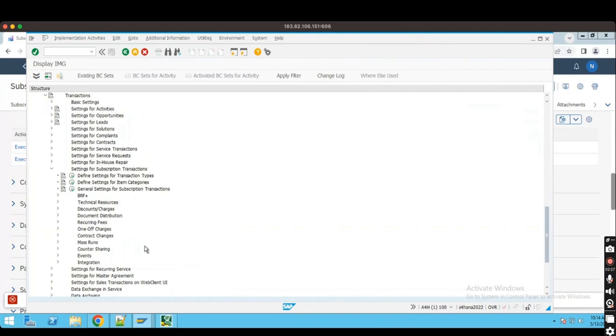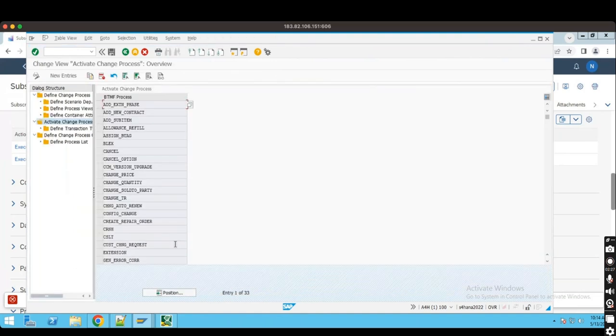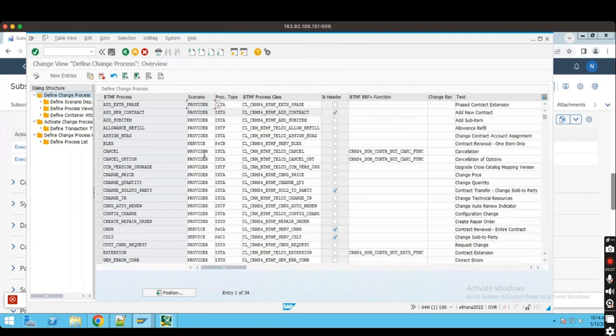You see there is something called contract changes, right? In the settings for subscription transactions, contract changes are there. Click on it. Click on execute settings for maintenance framework. This is BTMF. Remember that. Here SAP has given a list of change processes. If you want to cancel a contract, that is through a change process. If you want to change price, or the cross catalog mapping,